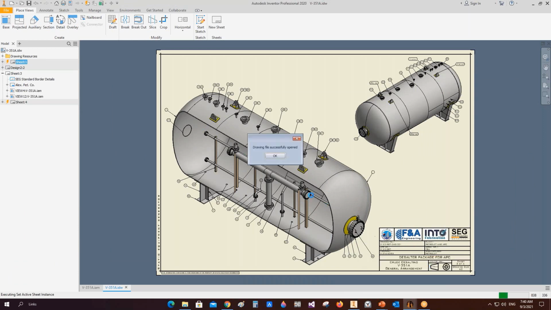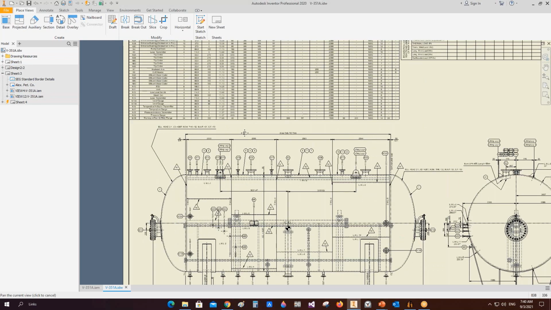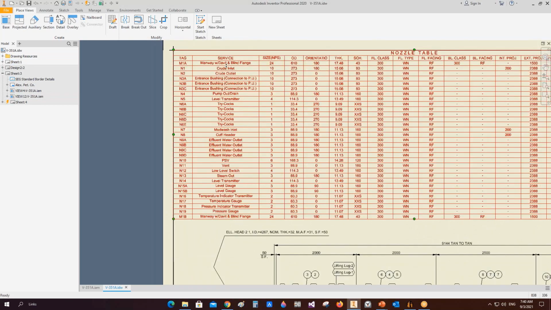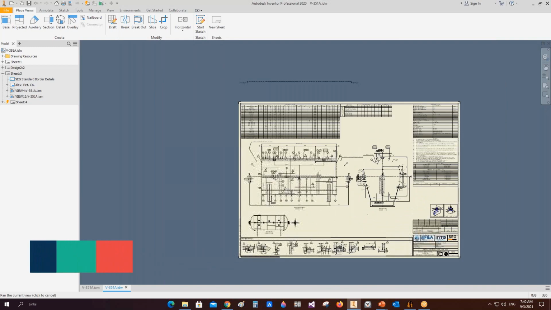That's the drawing. Yeah, very good. 4 sheets. Yeah. That's the general arrangement drawing, and that's the nozzle table. All of that, as we discussed,